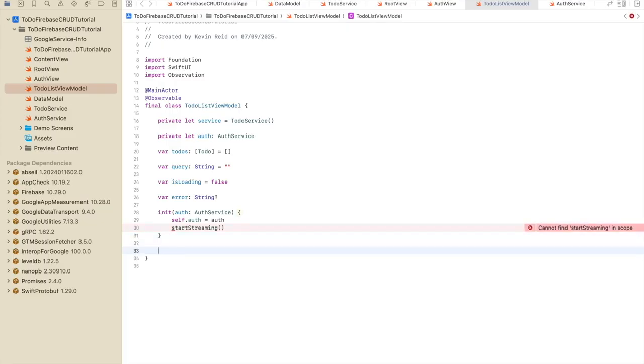So type the following: private func startStreaming. And that function will begin a live stream of to-dos from the back end for the current user that's logged in. Guard let uid equals